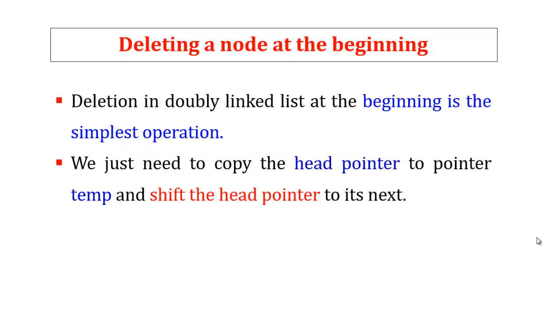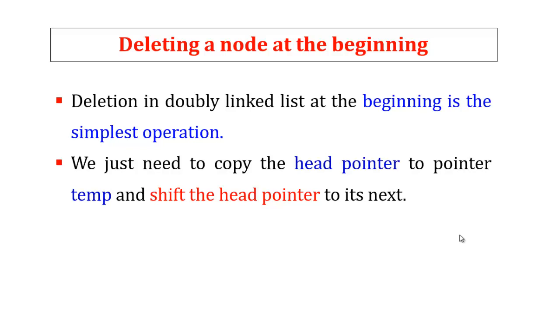And the third one, it may be n number of nodes present in the given linked list, it may be 2 nodes or 5 nodes. We can easily delete the first element. Make the head pointer point to the second node of the given linked list. This is the simplest scenario.